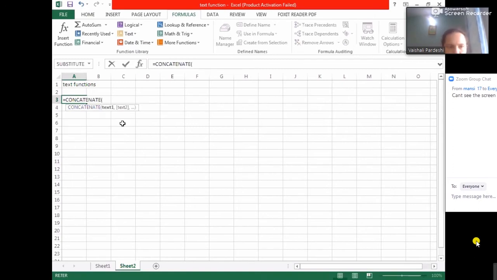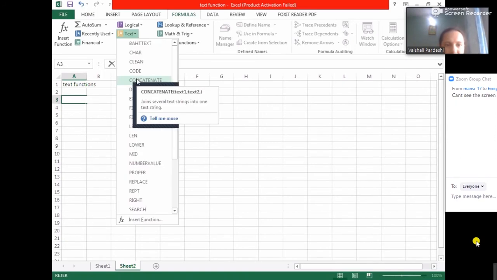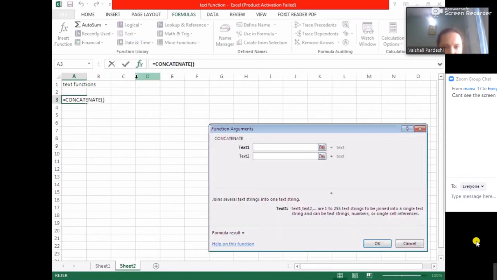But supposing you are new to the function, or you have forgotten how it works, then you can click on CONCATENATE. This function is very common to most other programming languages also. Concatenate means to join. So if you want to join two texts together, you use the CONCATENATE function.